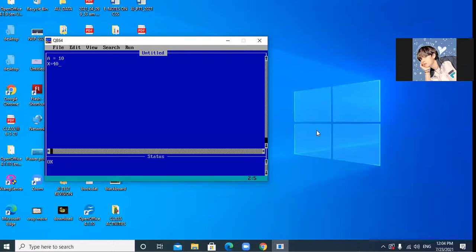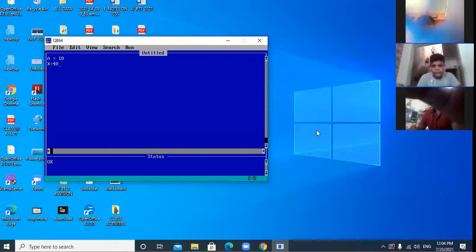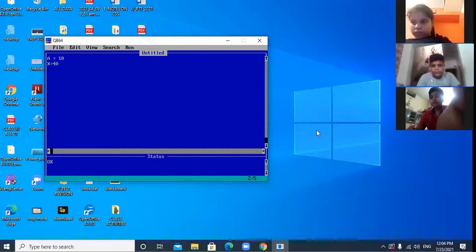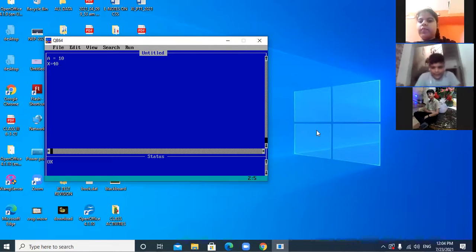Yes, two students have raised hands. Okay, Nitya, unmute yourself. Yes, sir. The meaning of this statement X equal to 40: 40 is the value of the variable X. 40 is assigned to variable X. Okay, nice.